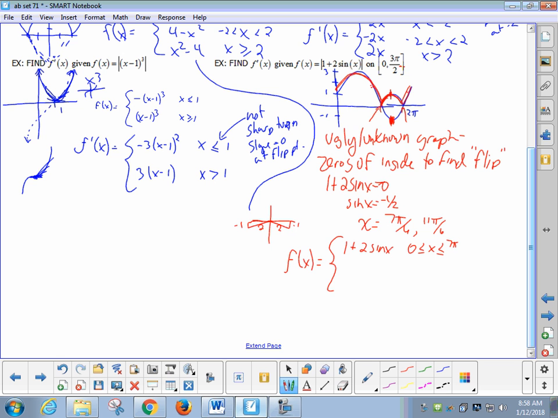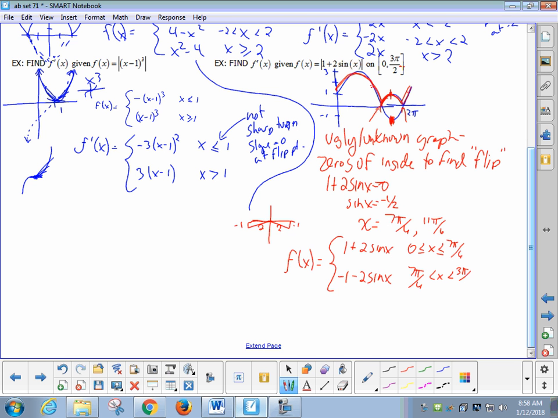Yeah, we're not on the derivative yet, so don't talk to me about sharp turns yet. I'm just talking, is that point there? And the answer is yeah, it's there, right? How about from 7 pi over 6 to the end? Same old y or opposite y? Opposite y. So negative 1 minus 2 sine of x from 7 pi over 6 to